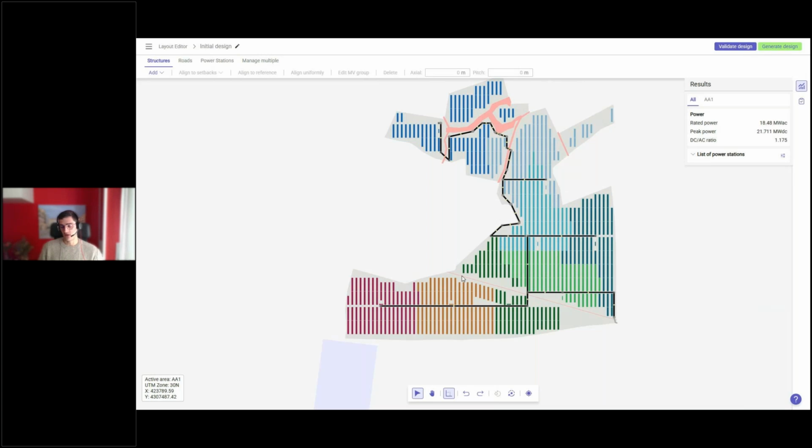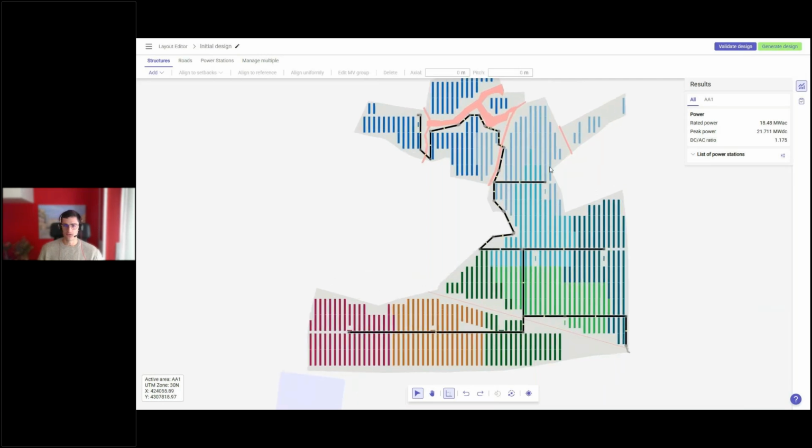Here the idea will be, it will still be something automatically performed by RatedPower, but the idea is to take into account these types of requirements, like not having MV cables crossing structures at all, to try to maximize the usage of roads to build these MV cables, but also to consider cases like,